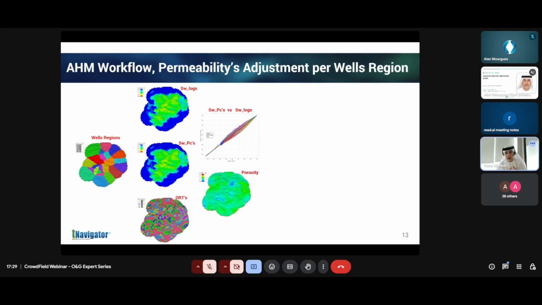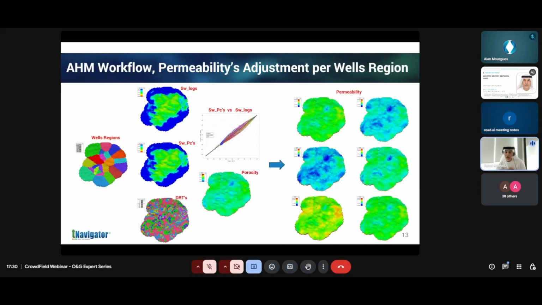It runs in seconds to read the new 3D water saturation coming from the static model, and it automatically regenerates the SWPC to take that and use it in the assisted history match. So these are the general input data required to be used with the assisted history match. As I said in the beginning, we are using regions to redesign my permeability. So with this input data to the dynamic model, I'm getting a different relationship of porosity permeability,